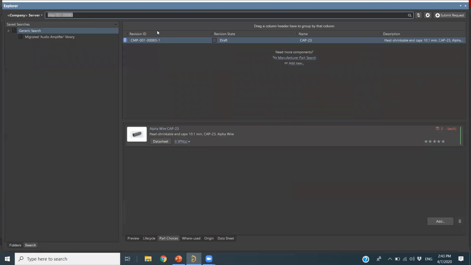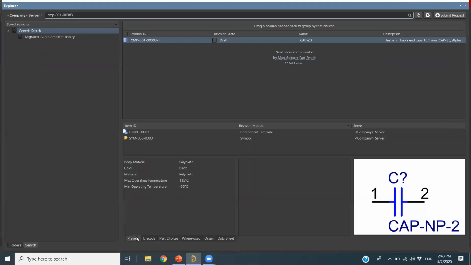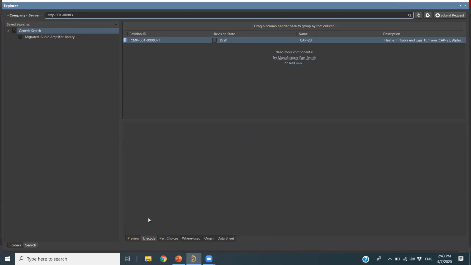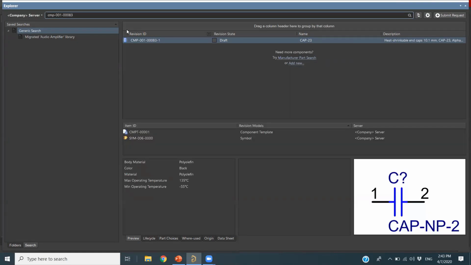Okay, so you can see the component which I have created just now, the new component. So it gives me the information about the component. So you can easily search inside your server. Okay, so you can see there is a symbol but no footprint, and no life cycle of the component. Then there is a part choice for this component. Okay, so this is how you can create your component.